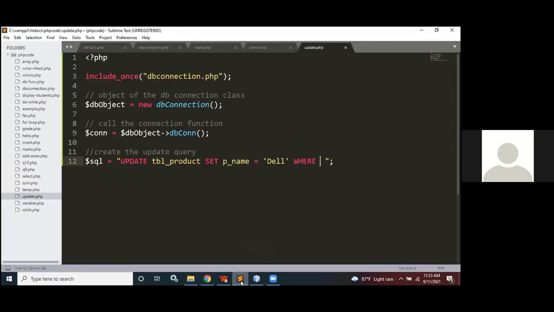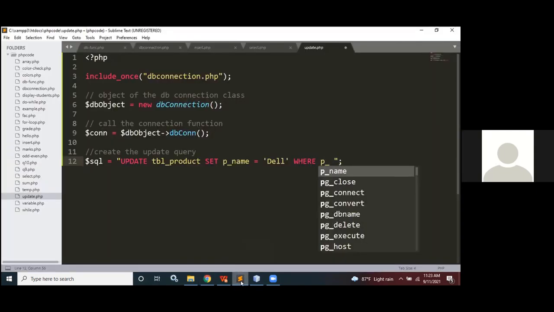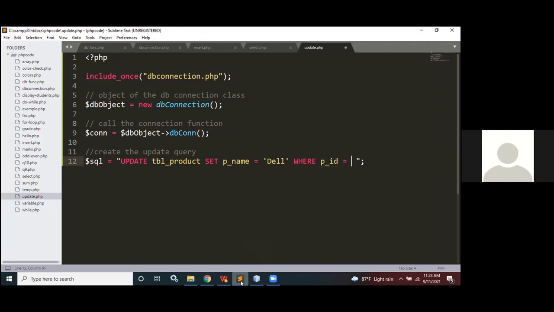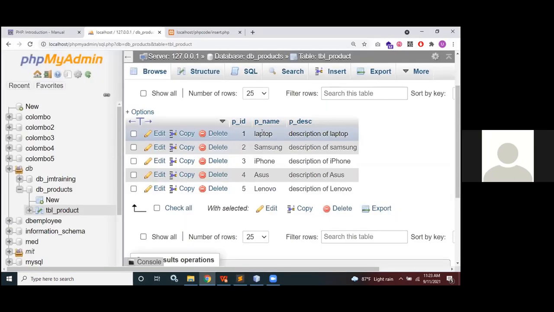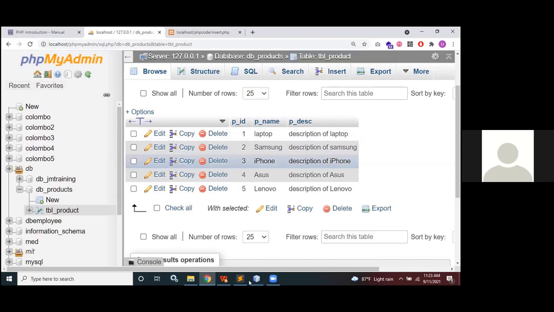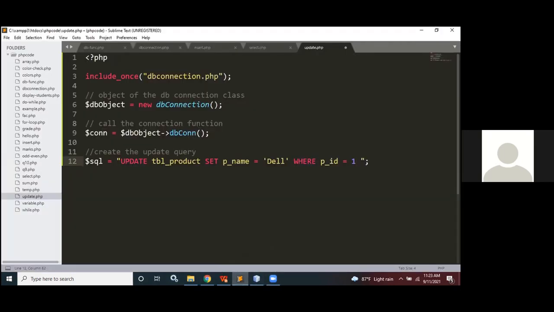P underscore ID equal. So ID is an integer value. I can simply say 1. Okay, this is the record that I need to update, and this is the value I'm going to update. Laptop into Dell. So let's go ahead and try to, yeah, before that we need to execute